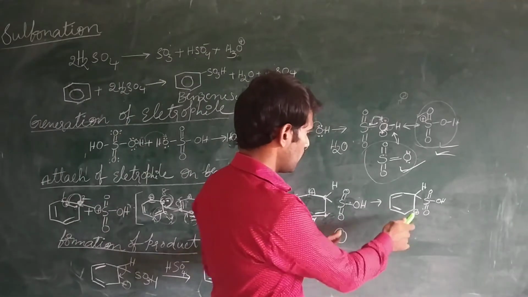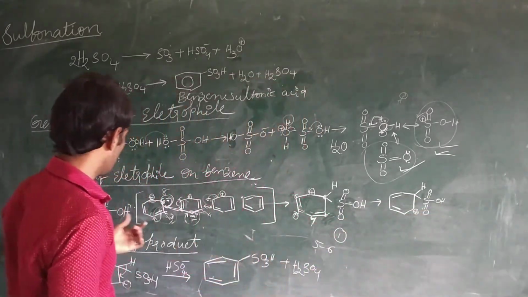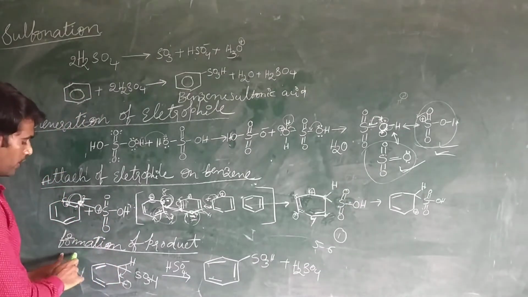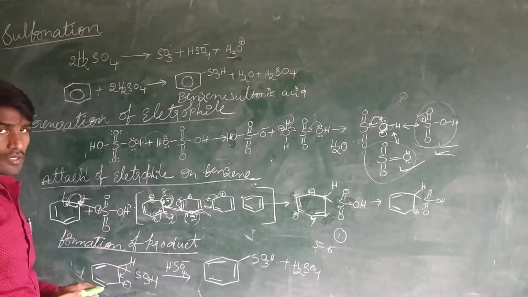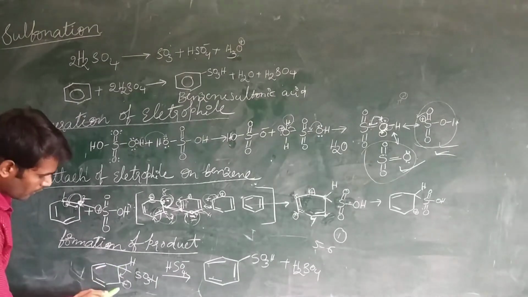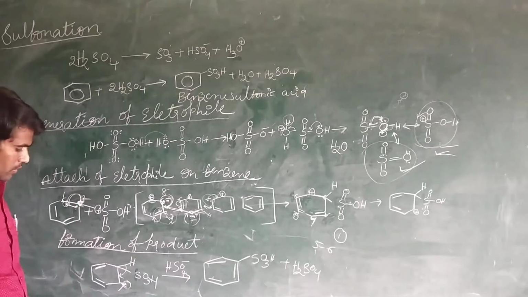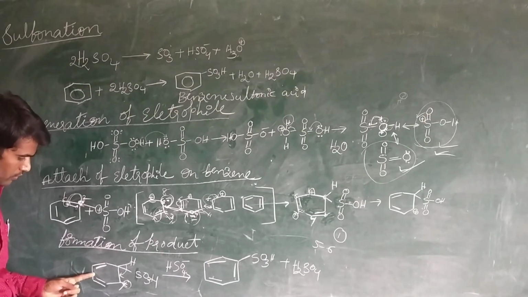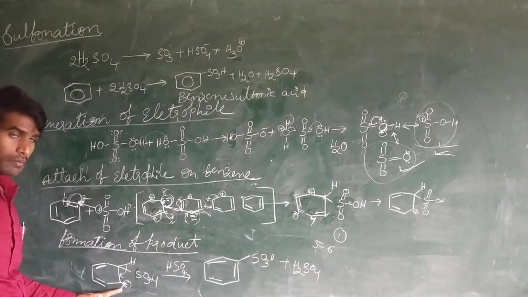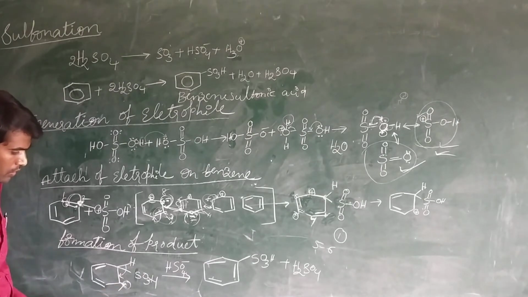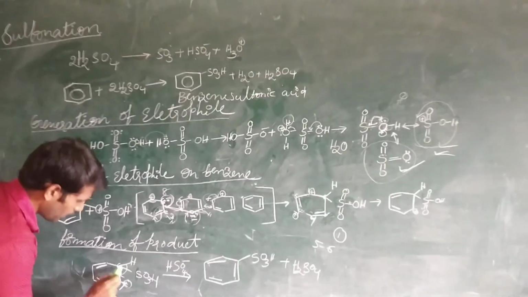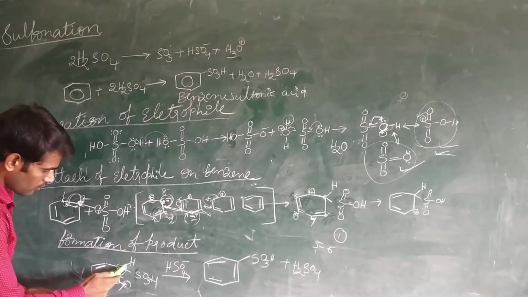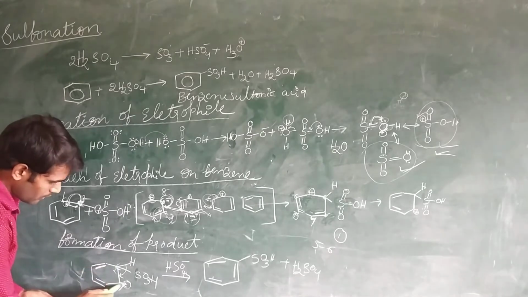So what happened after that? This is an attack of sulfuric acid on benzene as an electrophile. So finally, formation of product takes place, or elimination of hydrogen. When this hydrogen leaves, what happened here? This carbon is getting positive charge, right? Because its electrons are moved from here to here, and its electrons are moved from here to here. Anyway, the third carbon is getting positive charge in the meta position. So finally the bond between the carbon and hydrogen is broken, and those electrons are shifting between the second carbon and third carbon.